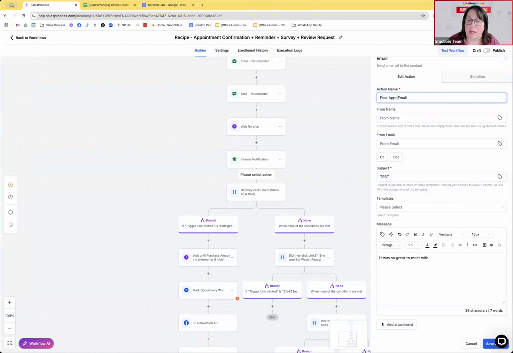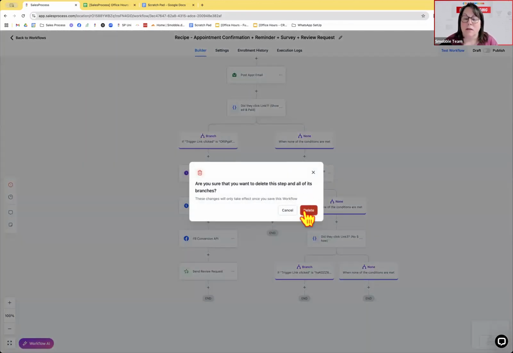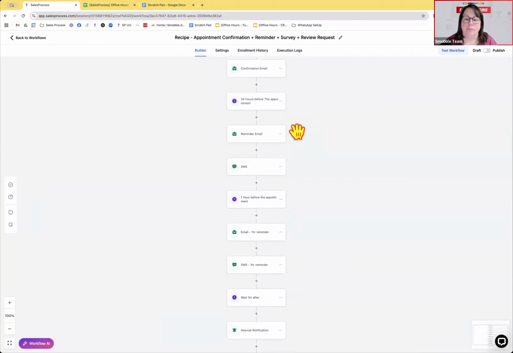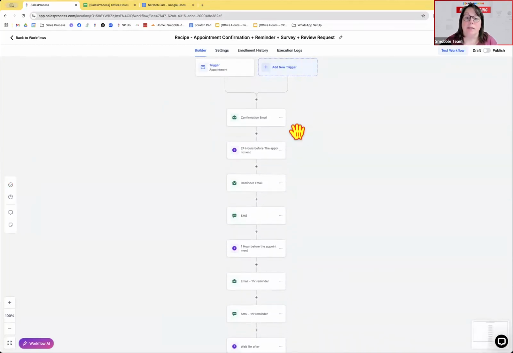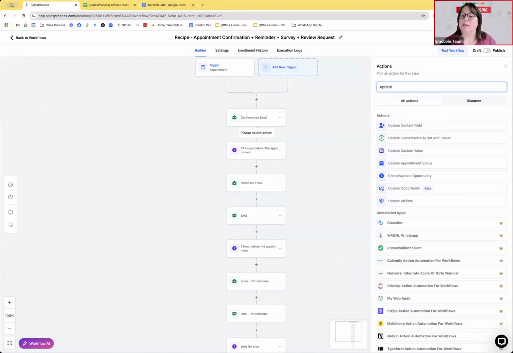Okay, and then I think we're going to get rid of the rest of this because this is all about sending out review requests. So I'm going to get rid of this. One thing I do want to add up here is we want to put in the pipeline stages, okay? So once this is booked, we want to update our pipeline. So we're going to update